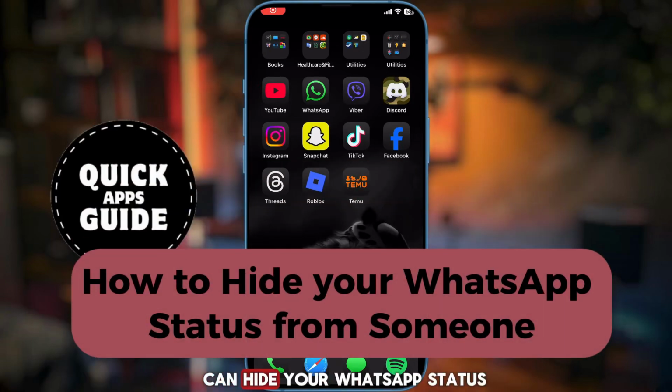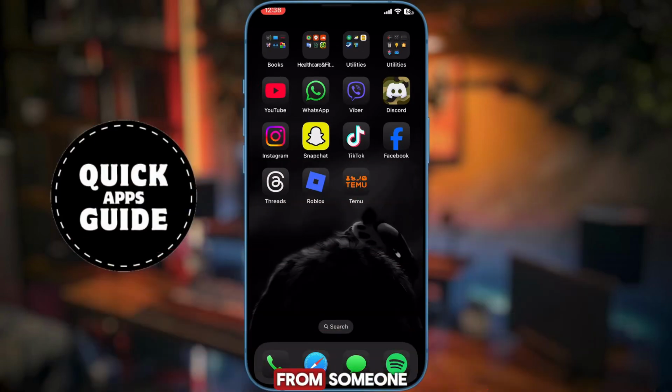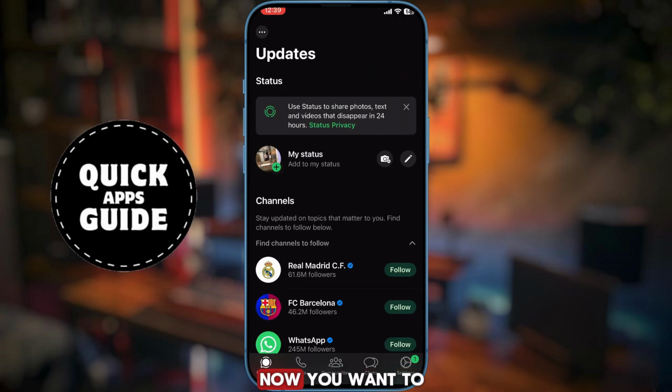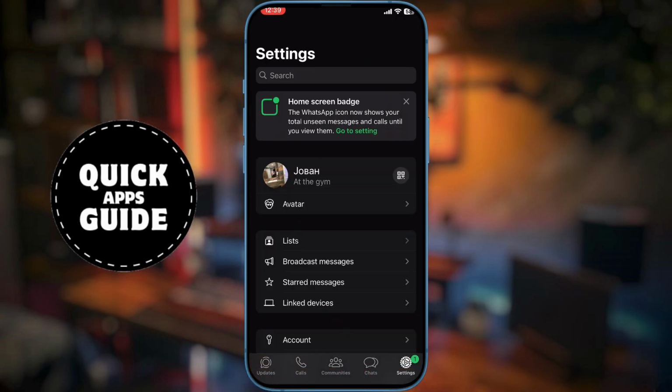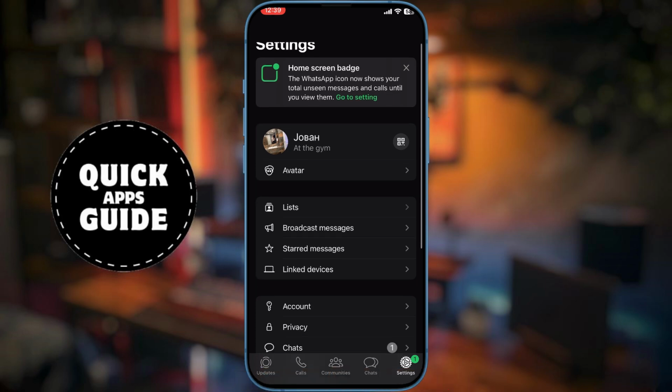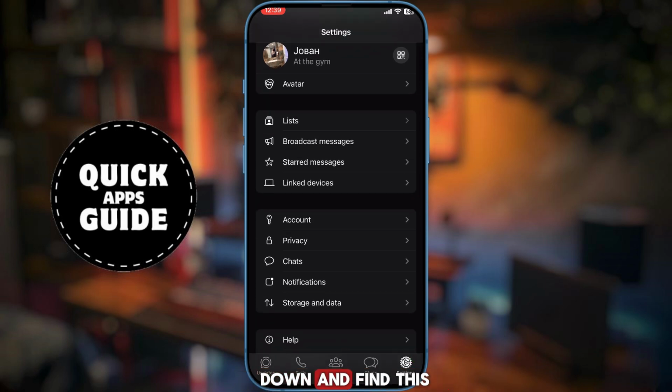Let's learn how you can hide your WhatsApp status from someone. So the first step is to open your WhatsApp application. Now you want to head over to settings in the bottom right corner, then scroll a bit down and find this